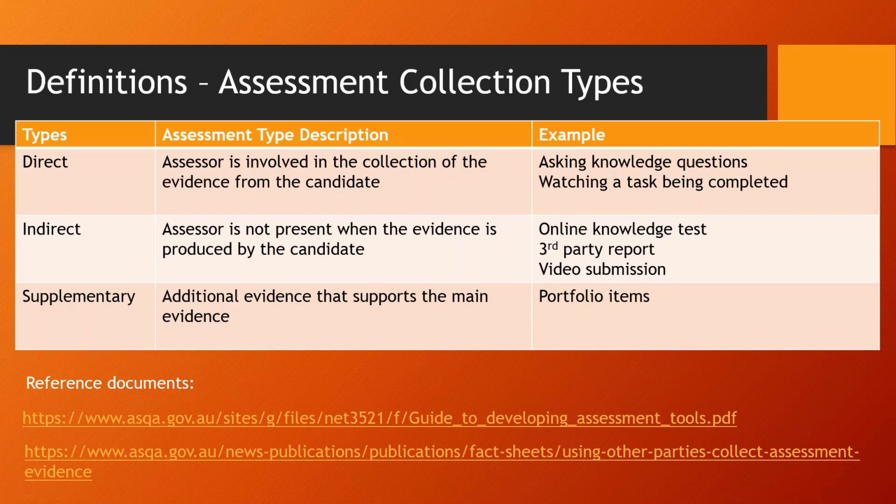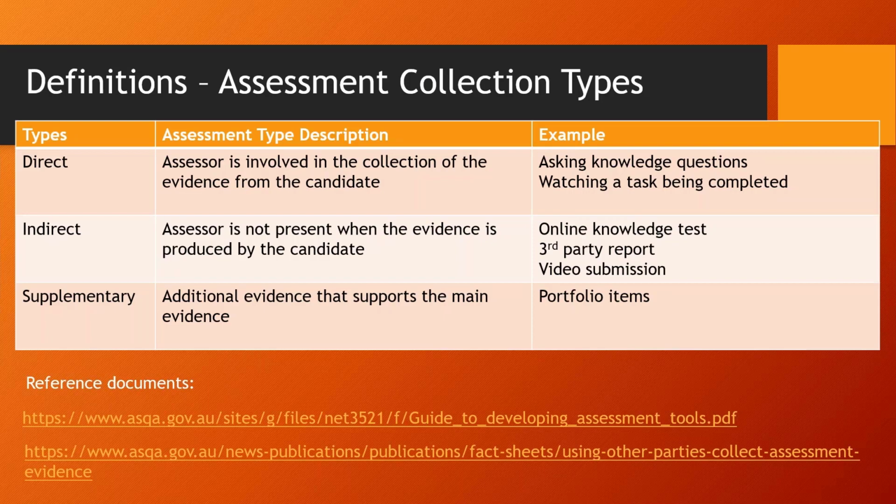You might watch them doing a task and completing a task either in a simulated environment or in the actual workplace itself. So the evidence that is produced at the end of that would be something like the knowledge test itself or the observation checklist. And the reason that is the strongest evidence type is that you have eyes on seeing someone actually completing the evidence requirements. So it takes away any questions about authenticity. It certainly confirms that the candidate is very current with their skills and knowledge, and we'll be coming to why